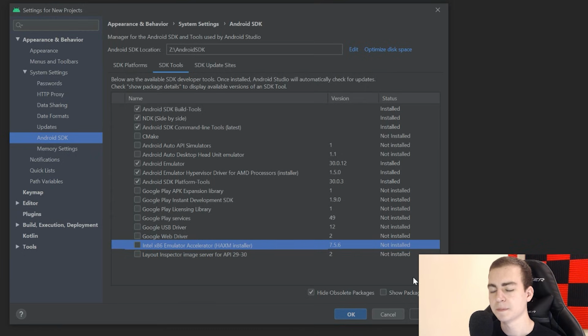Now, quick note here, if you are on actually any computer, what you're going to need to do if any of these steps break is you're going to need to actually enable virtualization. Now, virtualization is a feature of your CPU. You can actually enable that from your computer's BIOS, which is something that I actually can't show you unless I film, say, with my smartphone, because I can't screen record the BIOS. But what you need to do is go into the BIOS. You need to find whatever BIOS it is. You're going to have to look up how you enable virtualization for your CPU, and you're going to need to do that. Now, most of you should actually already have that enabled,